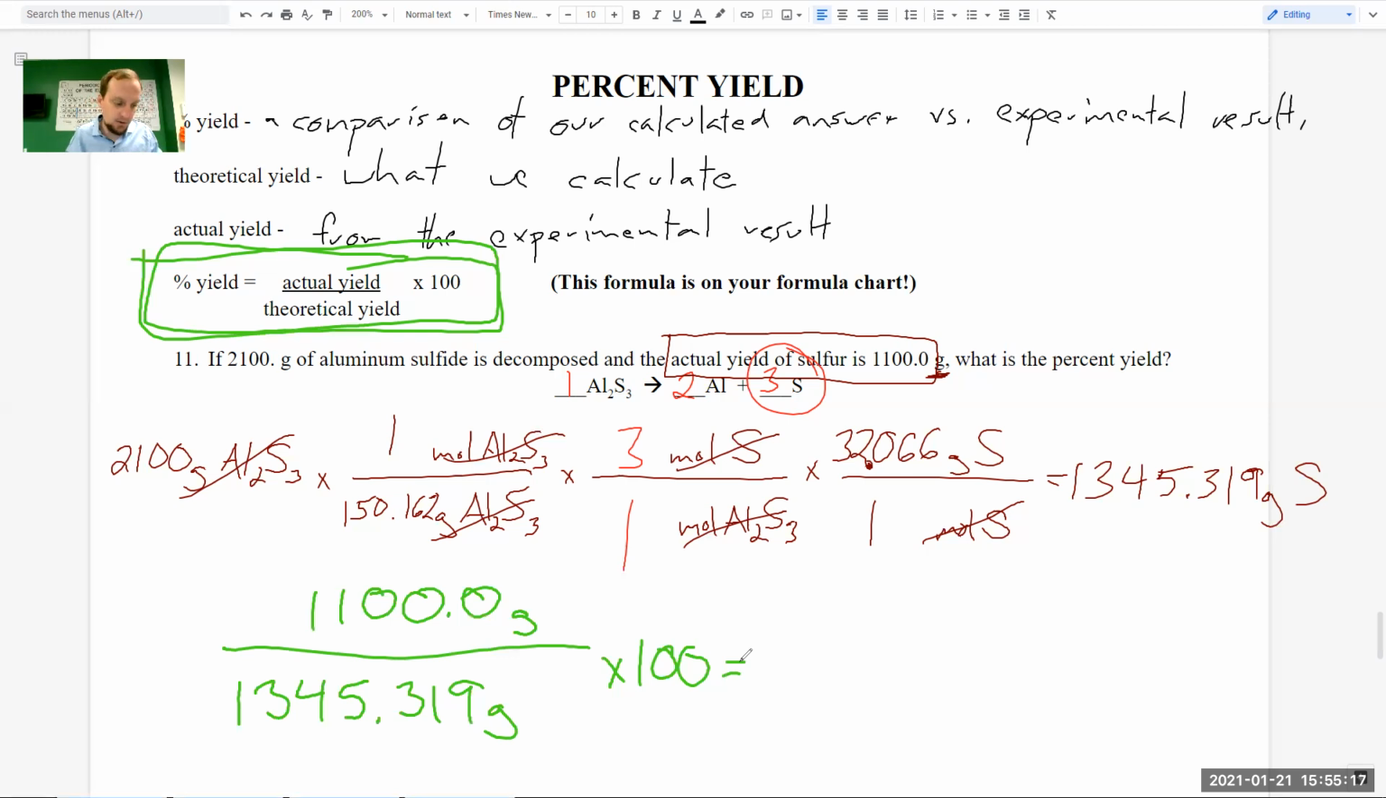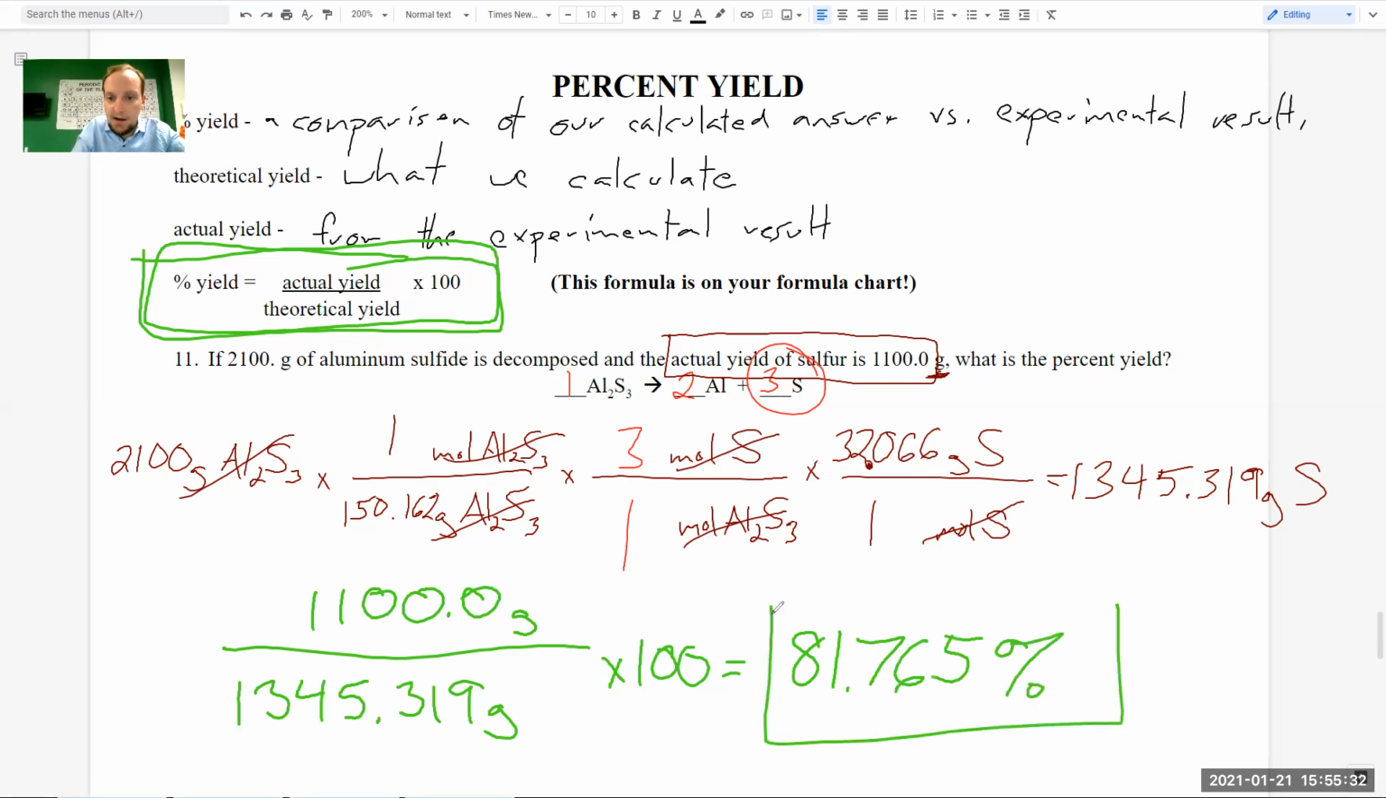I'm going to get my calculator. 1,100 divided by 1,345.319 times 100 equals, and my final percent yield is 81.765%. There's our answer. So that means we, again, relative to our calculated number, which is, again, in that maroon color, the real experimental data, which was 1,100 grams, represents about almost 82% of the theoretical,